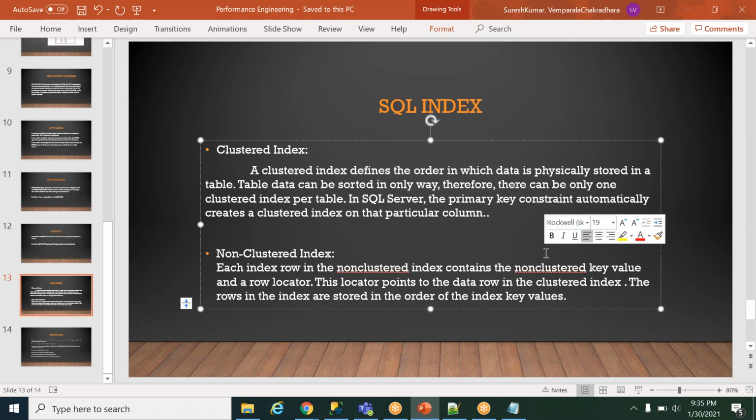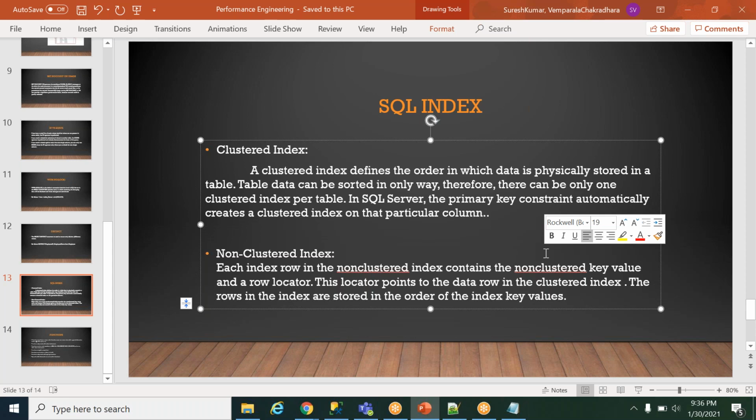A non-clustered index is not physically stored in the table. What happens when you create a non-clustered index? The reference ID is stored in the index, but the actual data is stored in a different place. So when we use it, there can be a performance issue also.